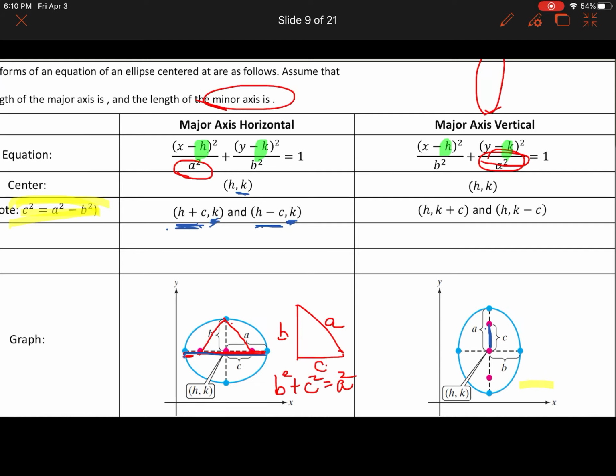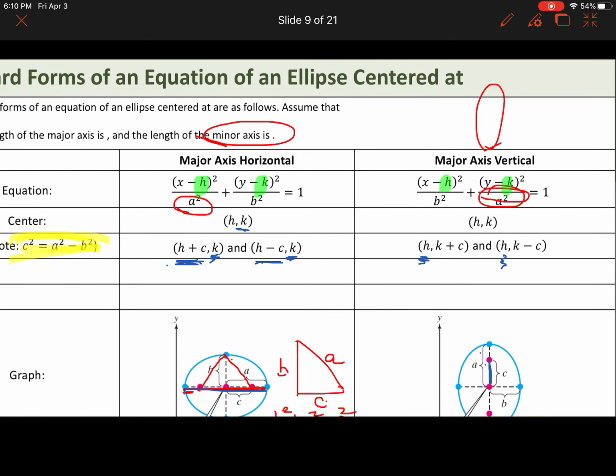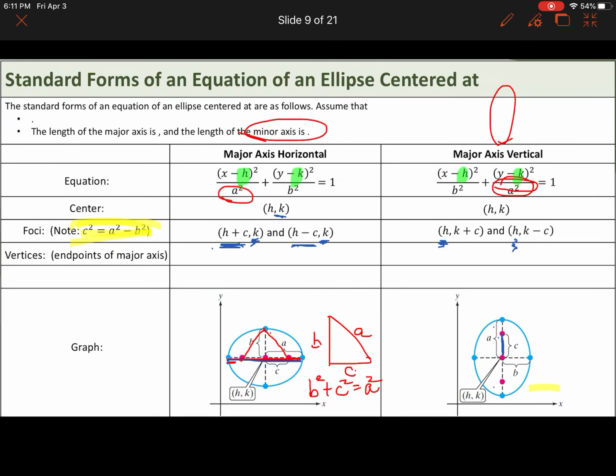So in this one, the x value stays the same, but the y, we take the k, we add C to the k, or we subtract C to the k to give us our two different foci, right? And the vertex is going to be the very same